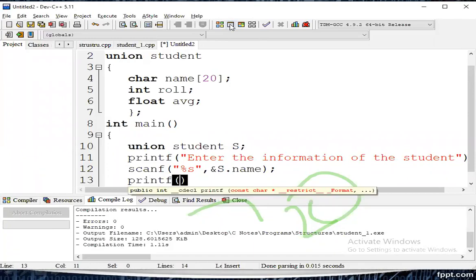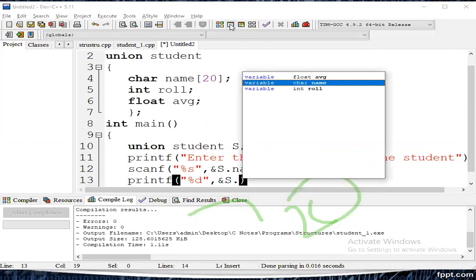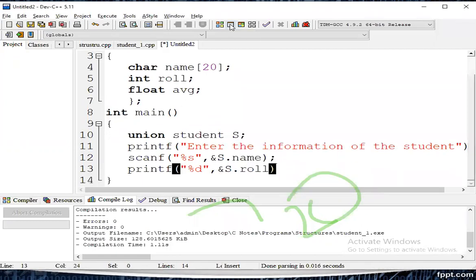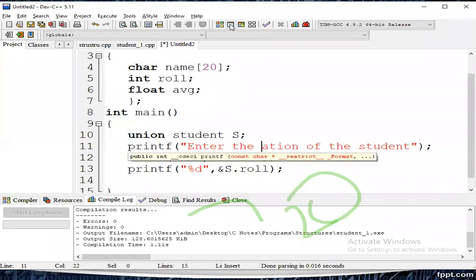Next, printf percentage d, percent s, dot roll number. Sorry, here printf, enter the student name.